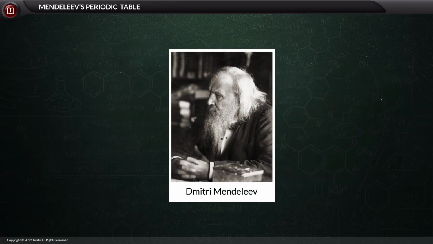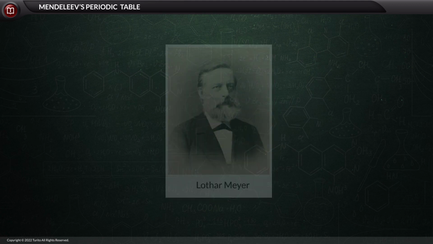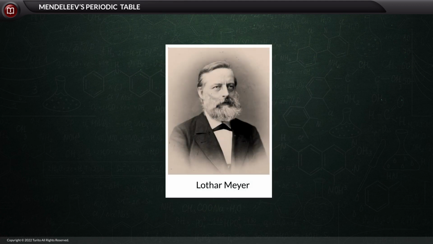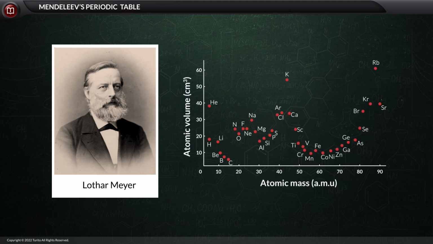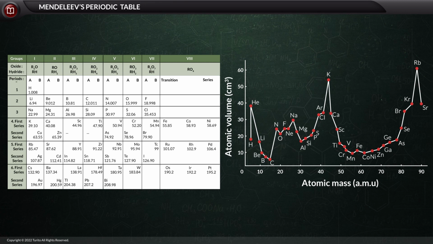Contemporary to Dmitri Mendeleev, there was a German chemist named Lothar Meyer, who also showed the repetition in the physical and the chemical properties of elements based on their increasing atomic weights. However, he put his data in the form of a graph. Mendeleev's paper was much more celebrated than that of Lothar Meyer. One probable reason for such a happening might be the prediction of elements and their properties that were yet to be discovered.